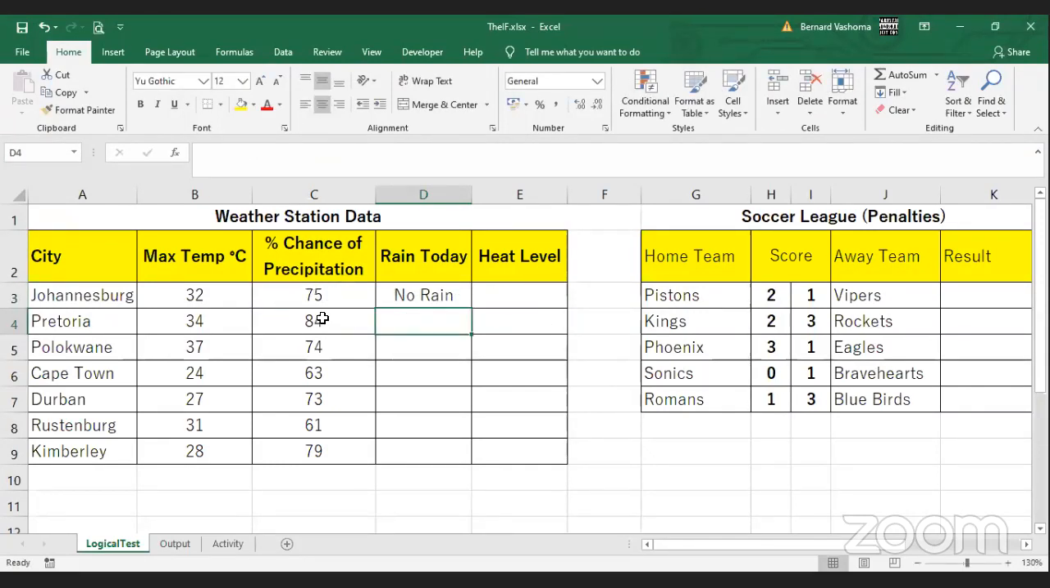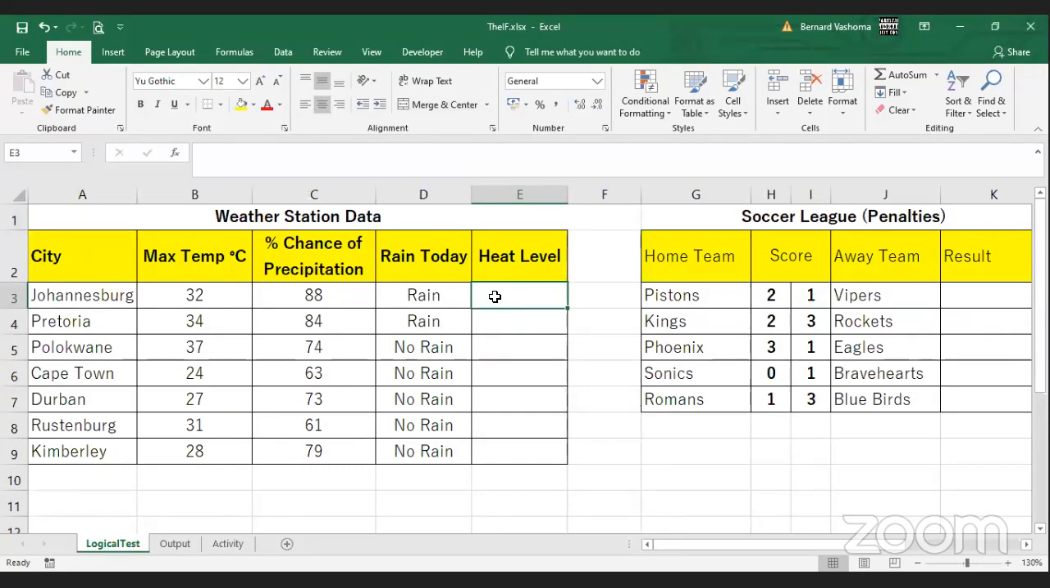So here, because 75 is less than 80, the chances are there will be no rain today. If you copy it, you just double click, right? It says no rain, but here it says rain. By chance, let's say this was 88, it would decide for us that it's going to be rain. All right. Now, we also say that the third part of the logical test can be a